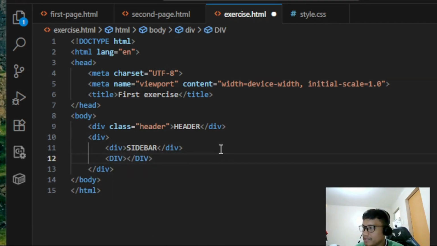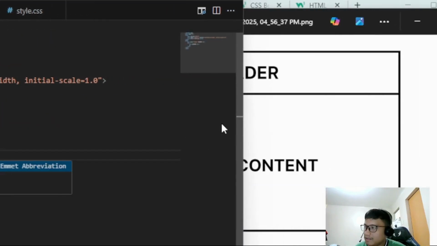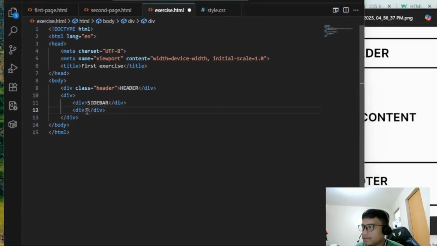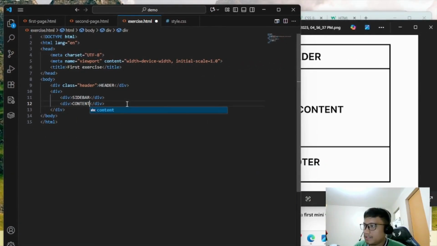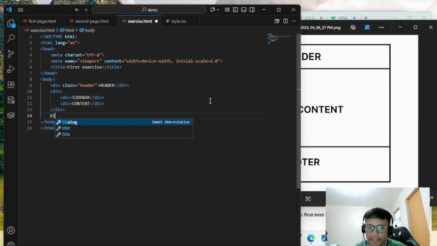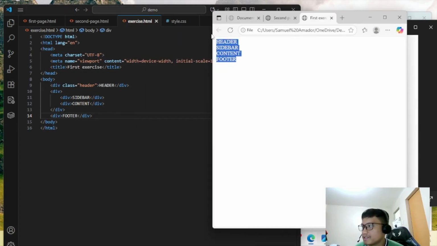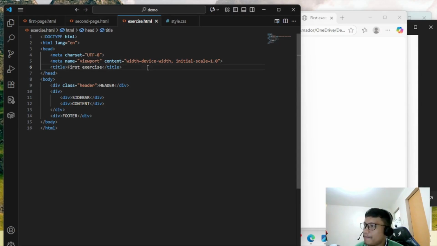And then another is content. And then another div, sorry, you have footer. So when we refresh this, of course, there's no CSS style yet.